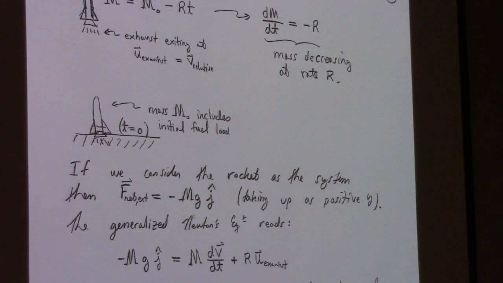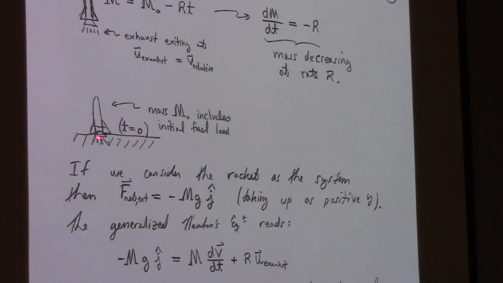So here we'll think about a rocket. It's got exhaust exiting at, I'll call it u exhaust. And we'll assume that the mass is changing linearly with time. So we have an initial mass m0, and then it's burning off like a solid fuel rocket, all right? I'm being really boring. I'm assuming that it burns at a constant rate, all right? That rate is r. So dm/dt is minus r here. The mass is decreasing at rate r.